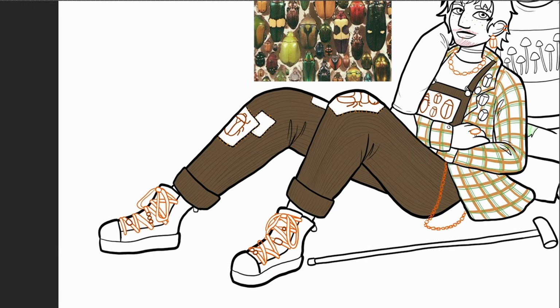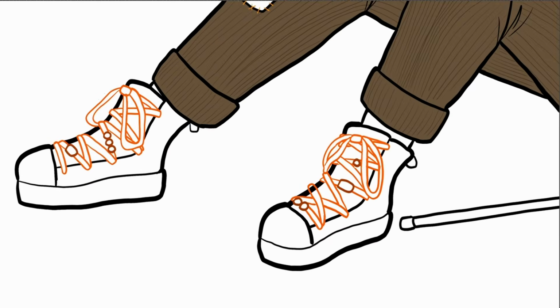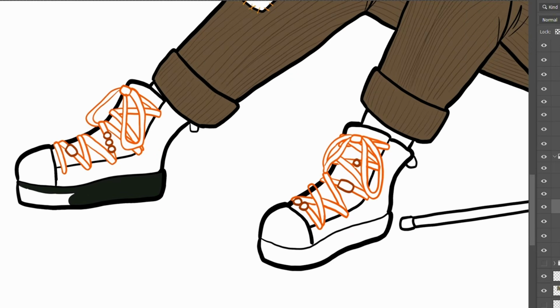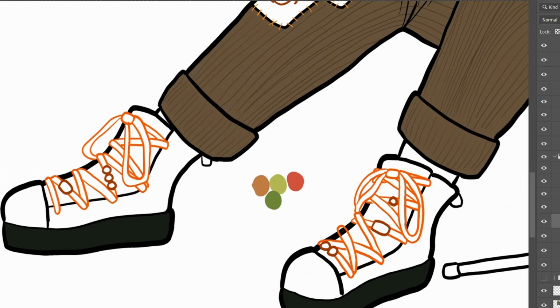Also, something about the photograph, either the quality of the camera or a filter used on it, makes all the darkest points a dark green rather than a proper black, so a lot of the darks in Campy's design, like their boots, will be dark green as well. Usually, I start with jewelry and small details before moving on to larger chunks of color, but since there are so many small details in this design, I decided to instead start with the overalls and warm up to the challenge. Campy's overalls are brown with brassy clips that match the iridescent brassy color of some of the Beatles' elytra.